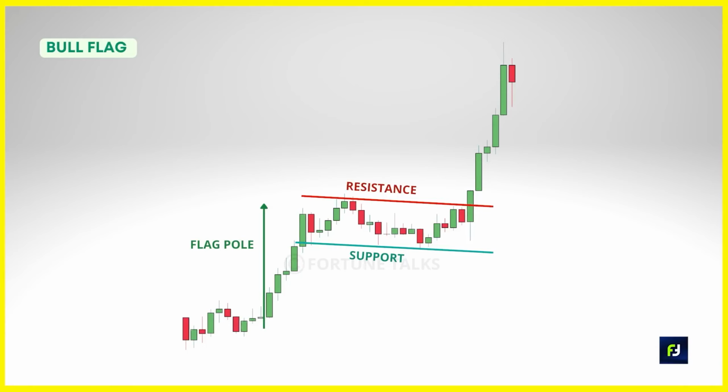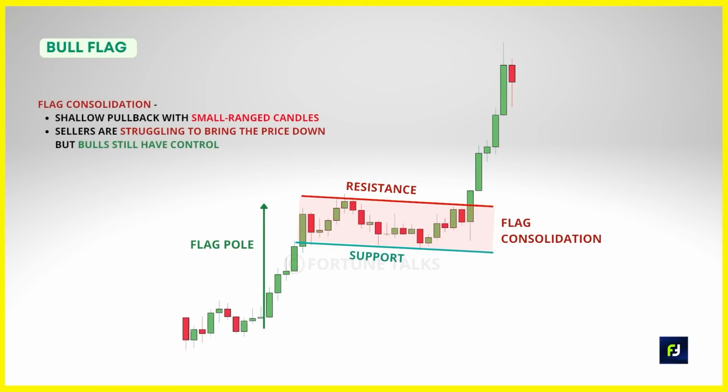Now this can be seen as a profit booking phase where the initial buyers are looking to book some of their profits. So here's where you can expect a potential bull flag to form as the market does a pullback. Now the type of price action that is exhibited in the pullback is what separates a flag pattern from a normal pullback. Now what you are looking for is a shallow pullback that consists of small ranged candles compared to